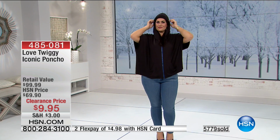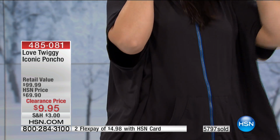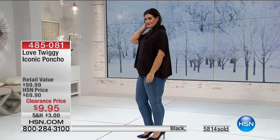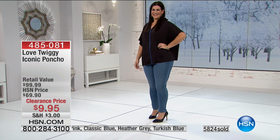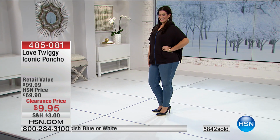It's 95% rayon, 5% spandex, and I'm not surprised that over 5,700 have already been selected on the day today, and for good reason. Honest to goodness, at this value, grab any color and grab any size. In fact, think about gifts for next year. Think about upcoming occasions. Thank you for putting up Mary Kate. Most people won't do that because they're afraid to mess up your hair, but you have perfect hair anyway. Yeah, get these as the ultimate birthday, thinking of you,